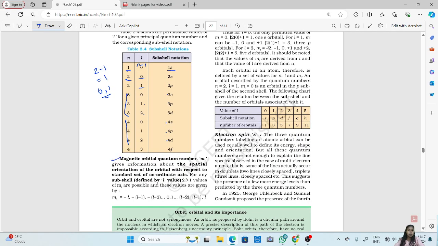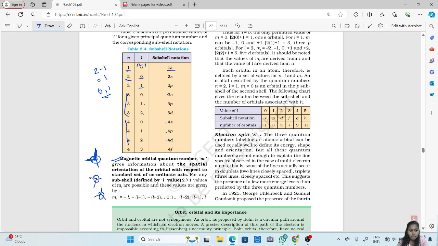Next is the magnetic orbital quantum number, that is m_l. It gives information about the spatial orientation of the orbital with respect to a standard set of coordinate axes. Now, this is how a 3D orientation graph looks. This will be your atom. In which direction is it orienting? In this direction or in this direction? Whichever direction it is orienting, that particular thing is given by the magnetic orbital quantum number